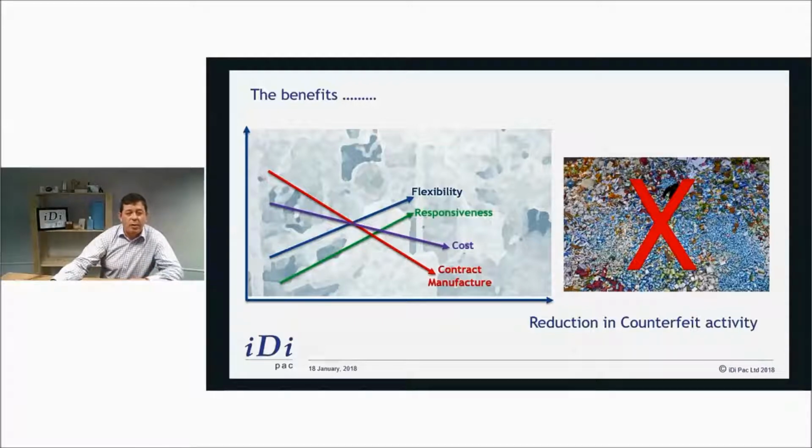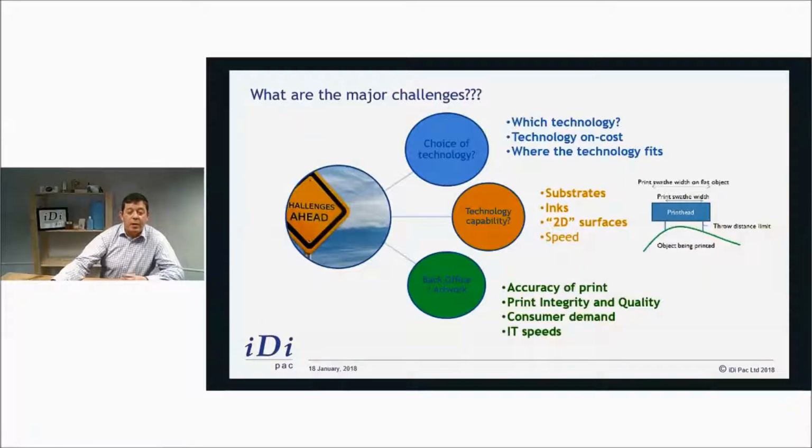The payback on the equipment that was installed was about 4 months. And on top of that, the contract manufacture volumes dropped so significantly they stopped contract manufacturing because the capability and capacity within the lines increased so much because the changeovers were so much shorter. Hugely important, real life-changing stuff for the business. The major challenges, however, conscious of time,